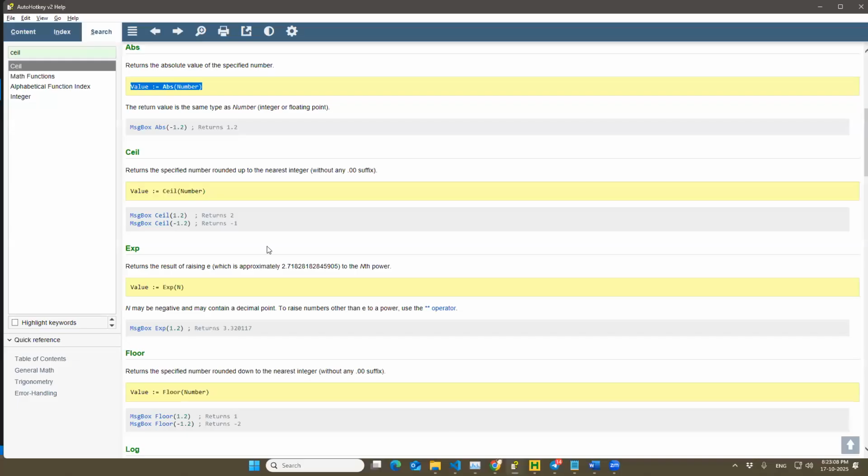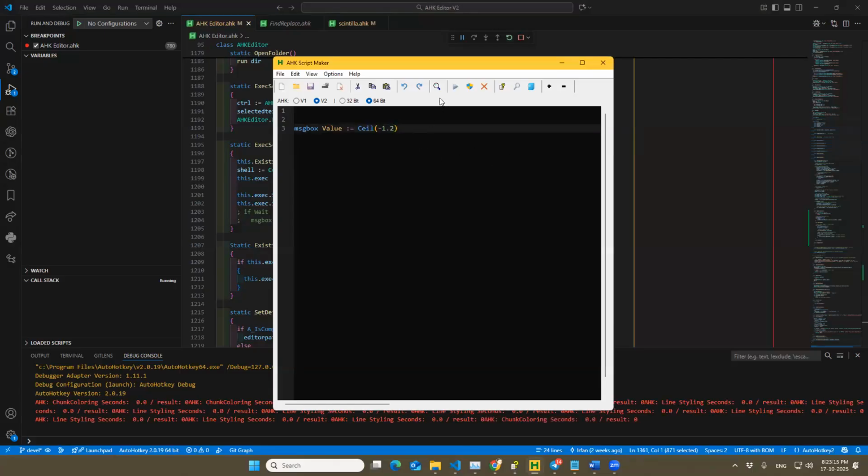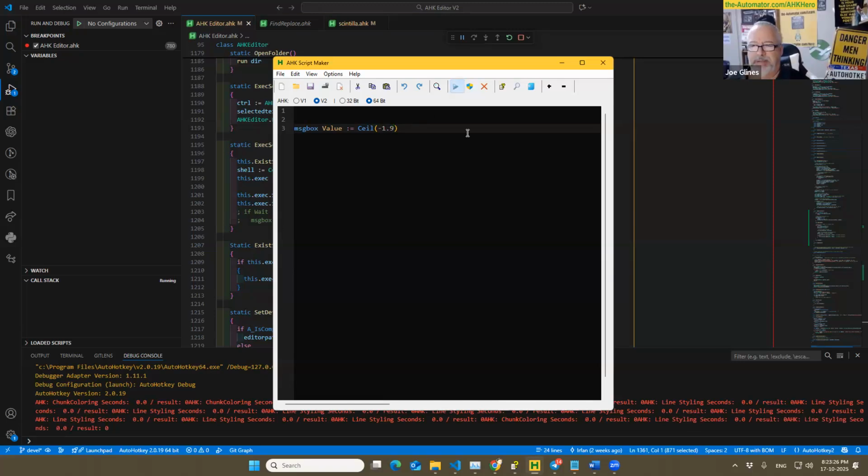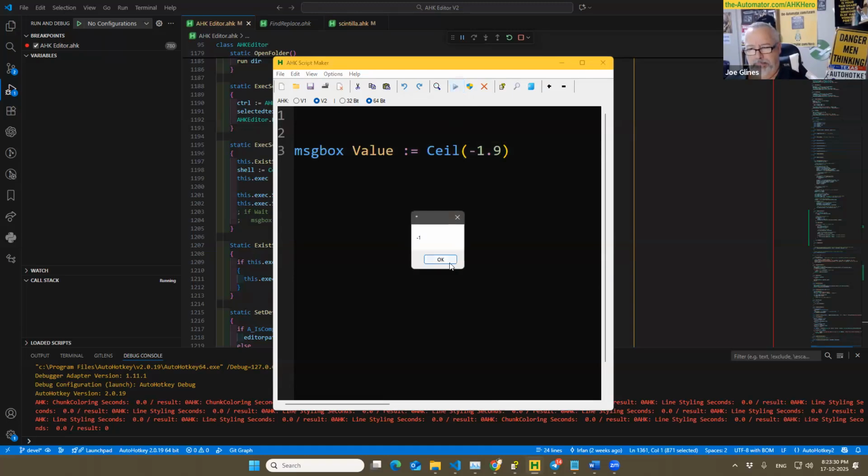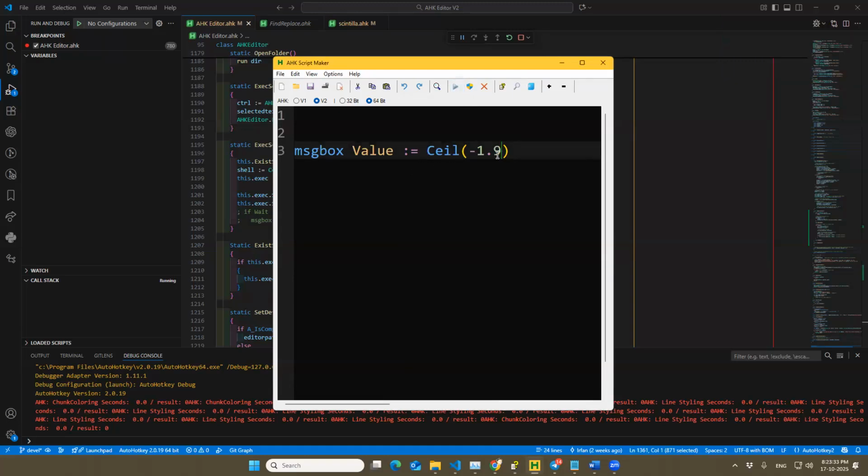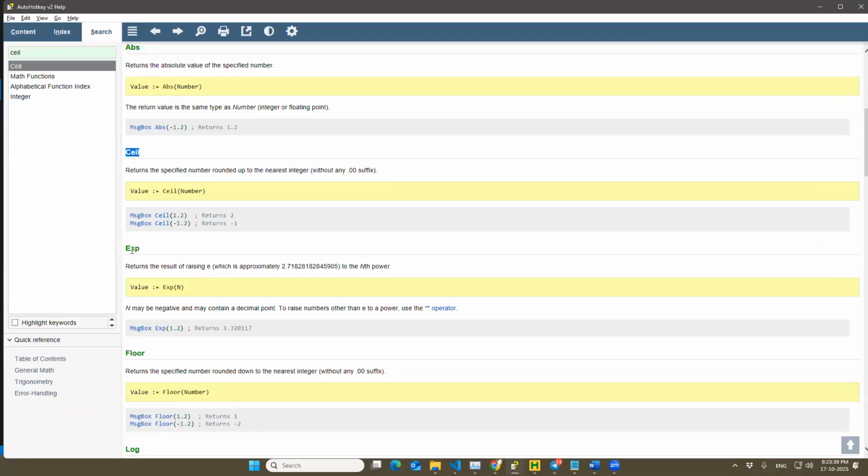And the other one is Ceil. It will just round up. So if it is 1.5, I think there's still one. If it is 1.9, want to zoom in a little there, Irfan? Thanks. It is still minus one. So Ceil is kind of a round down. And the second one is